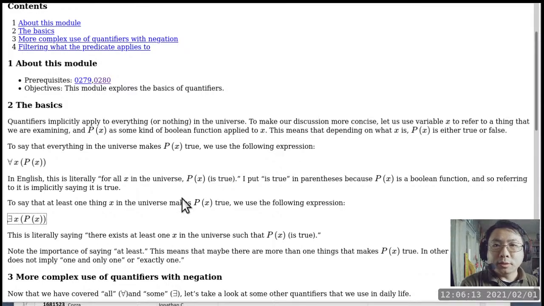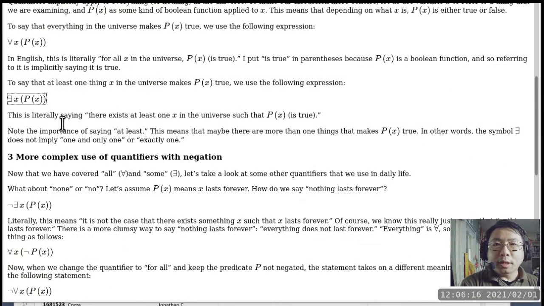All right, so let's move on. Note the important thing: "there exists" also means there exists at least one. You can also say "some." If you want to replace "there exists" with a simple word that we use in English, that word would be "some." There's some x such that p of x is true.